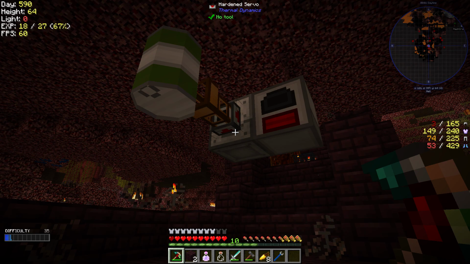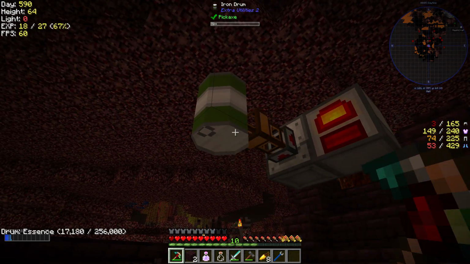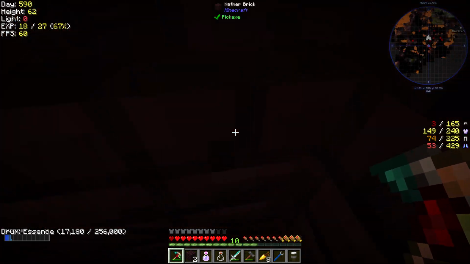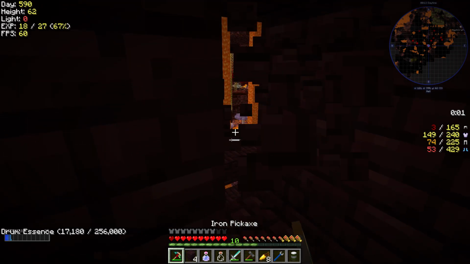Okay, so we've done a bunch of stuff, and right now I'm back at that blaze spawner we were at the last time, getting ourselves some more of this essence, well, a bit of this essence. In fact, last time we were using the mob factory, I think it was. This time we're using the...